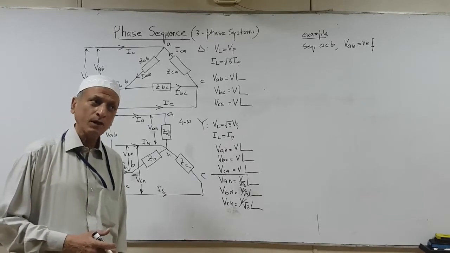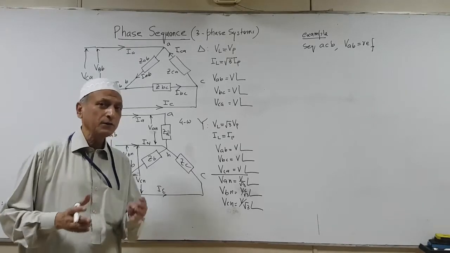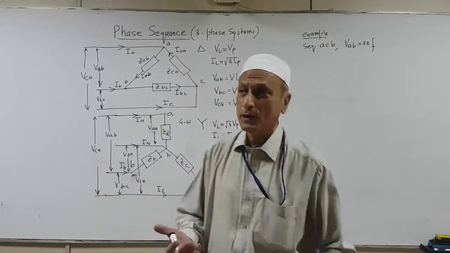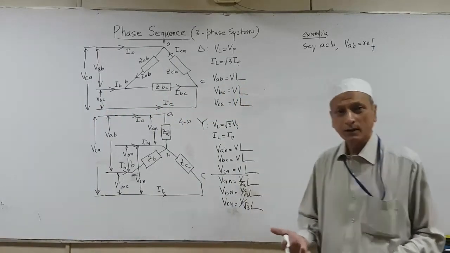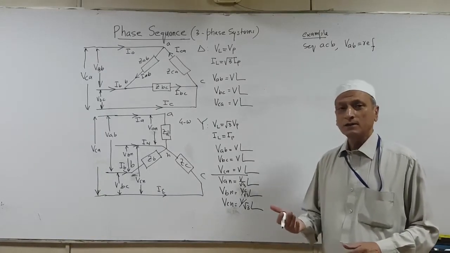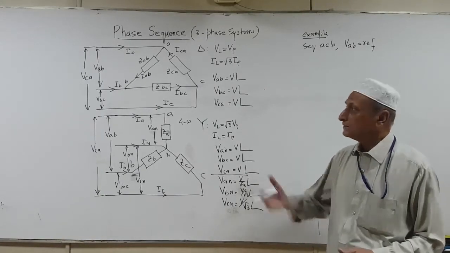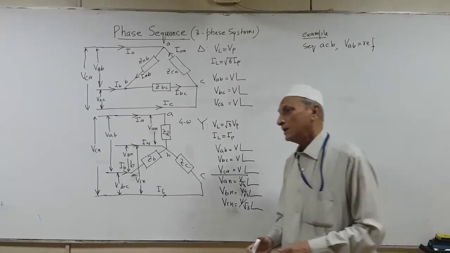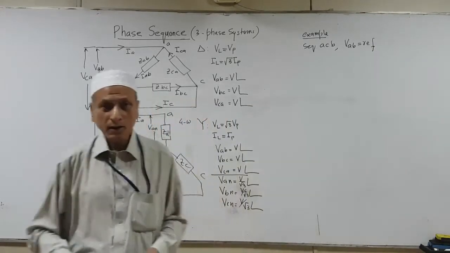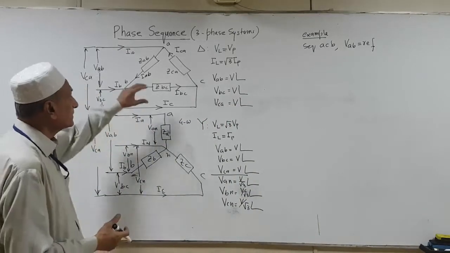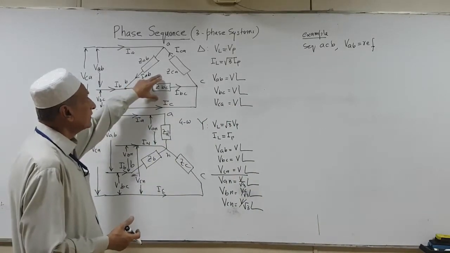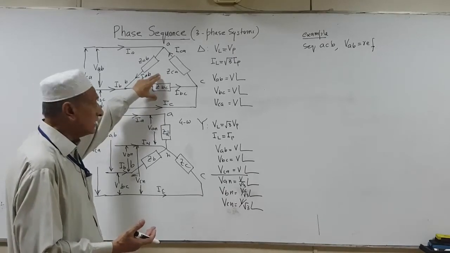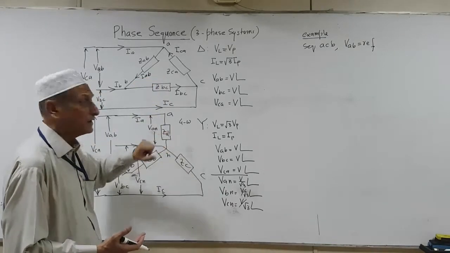When we come specifically to the distribution system, we need a fourth wire. The fourth wire is the neutral, which is common to all three phases A, B and C. They are generally referred to as A, B and C in most of the textbooks. To start with, first of all we will discuss the delta configuration, and then we will discuss the star configuration.